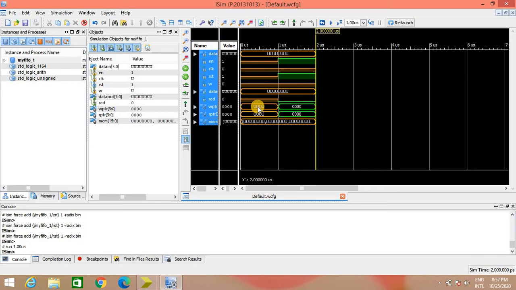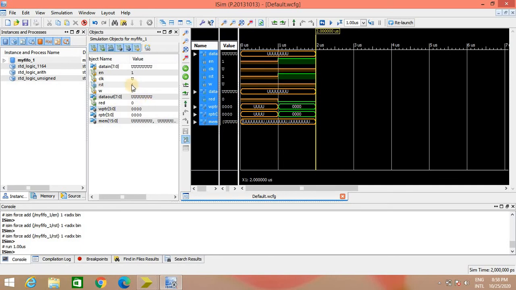So to initialize the pointers, to initialize the operation of the chip, we will first apply the reset signal, so that after reset both the pointers are initialized at the 0th location, and then we can perform the operation that we want. But before we perform, we have to remove the reset signal.